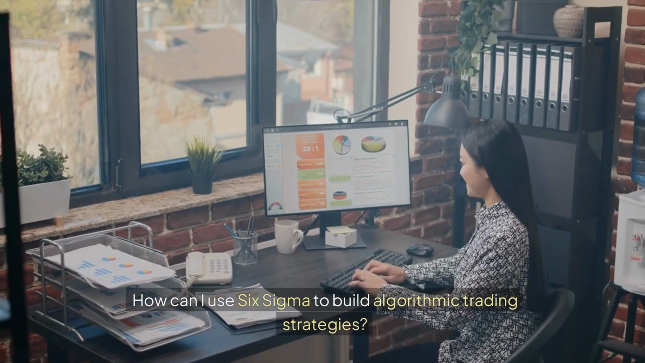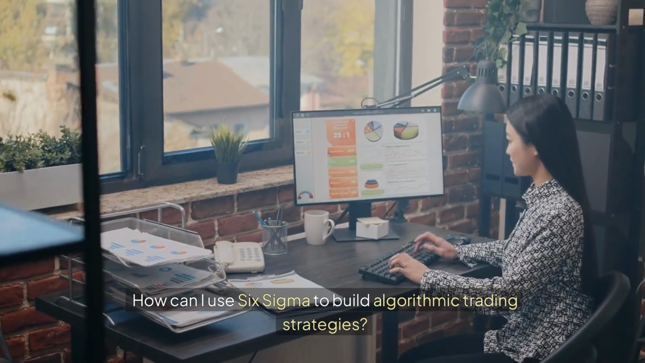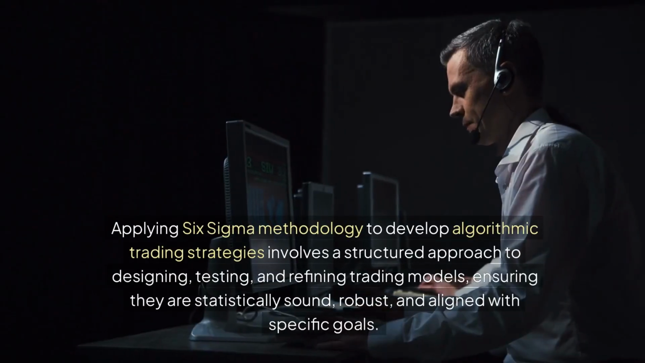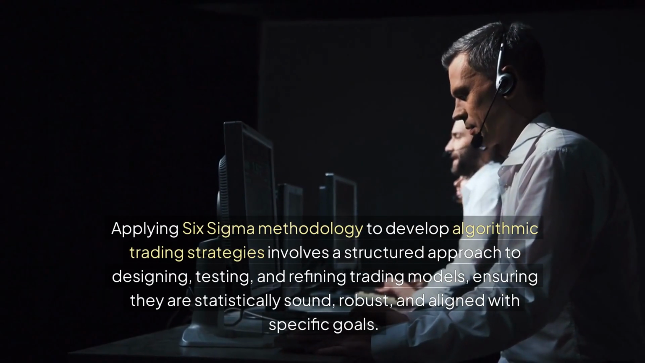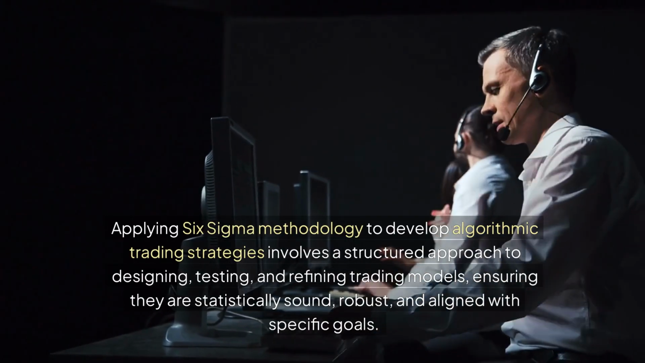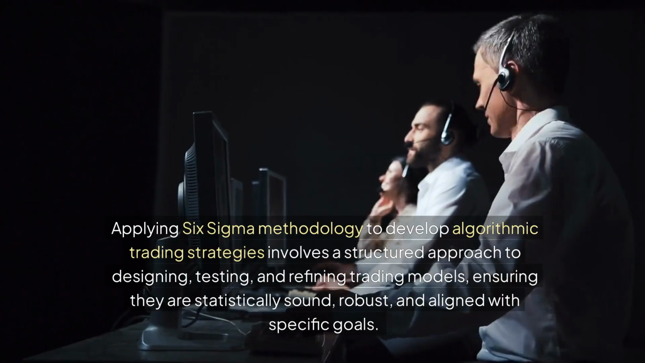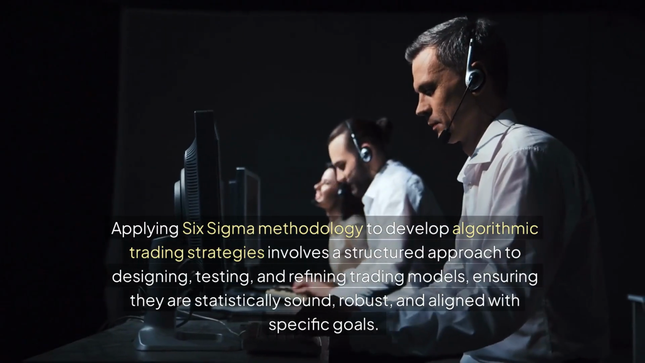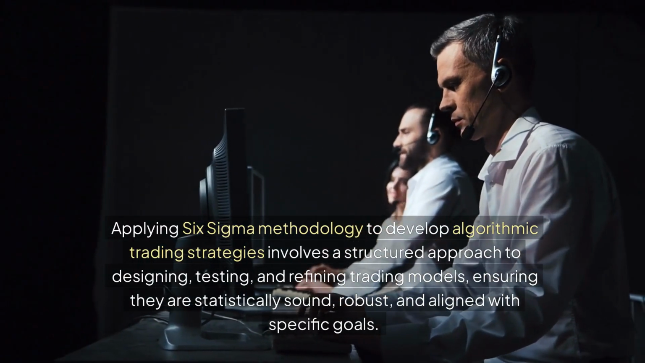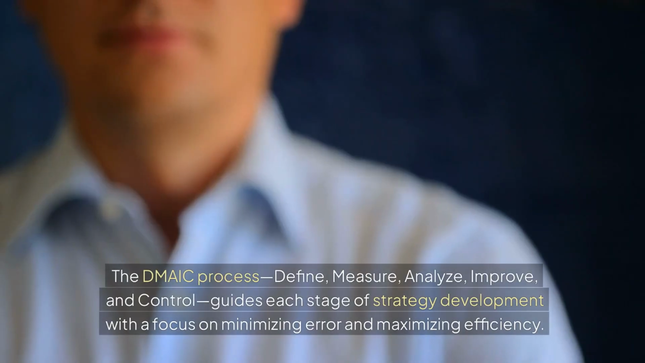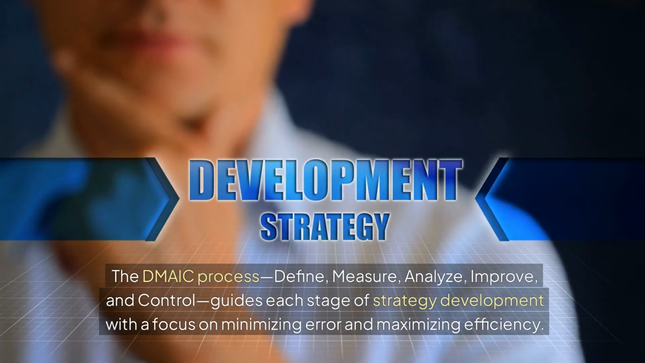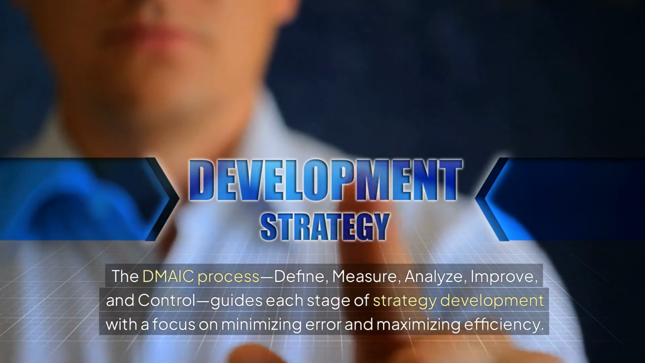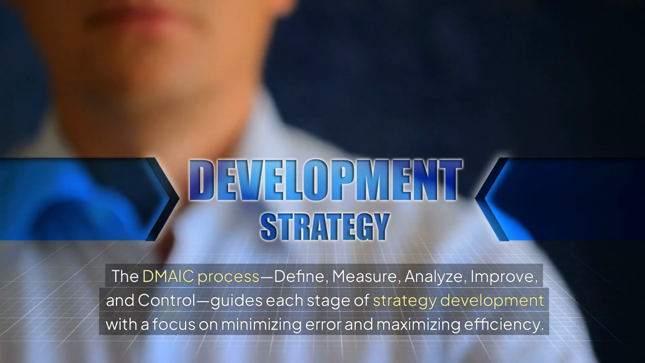How can I use Six Sigma to build algorithmic trading strategies? Applying Six Sigma methodology to develop algorithmic trading strategies involves a structured approach to designing, testing, and refining trading models, ensuring they are statistically sound, robust, and aligned with specific goals. The DMAIC process, define, measure, analyze, improve, and control, guides each stage of strategy development with a focus on minimizing